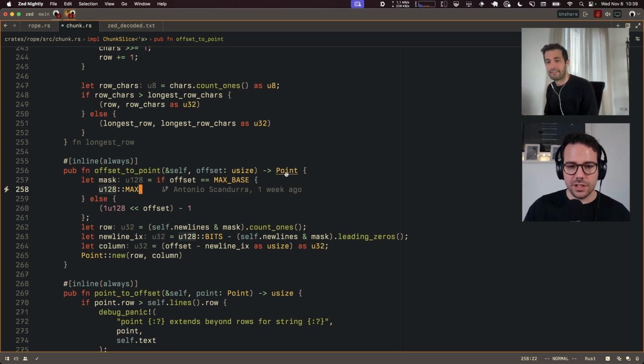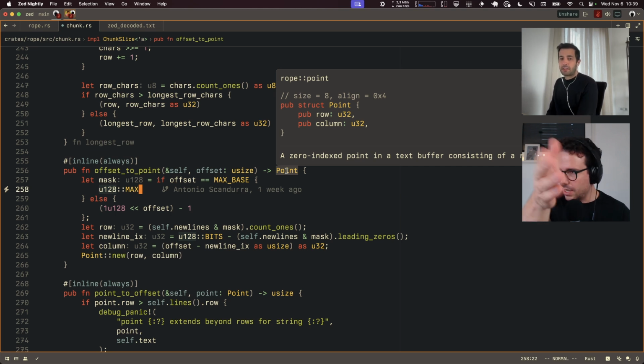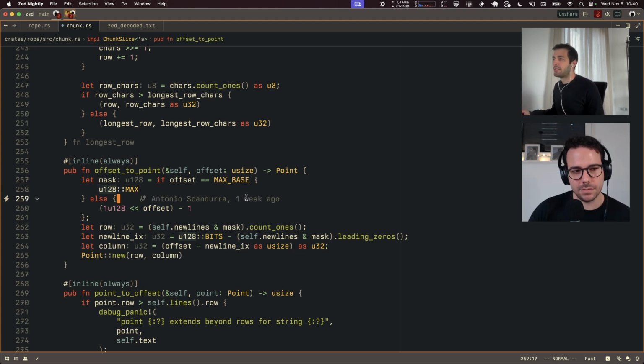To interject, a point is, like you can see here on my screen, a row and a column. In order to translate from an offset, which is the byte offset in a string, you need to count the rows. You need to count the lines, which is exactly what we were talking about. Correct. So what we could do here is basically say, ignoring this if,